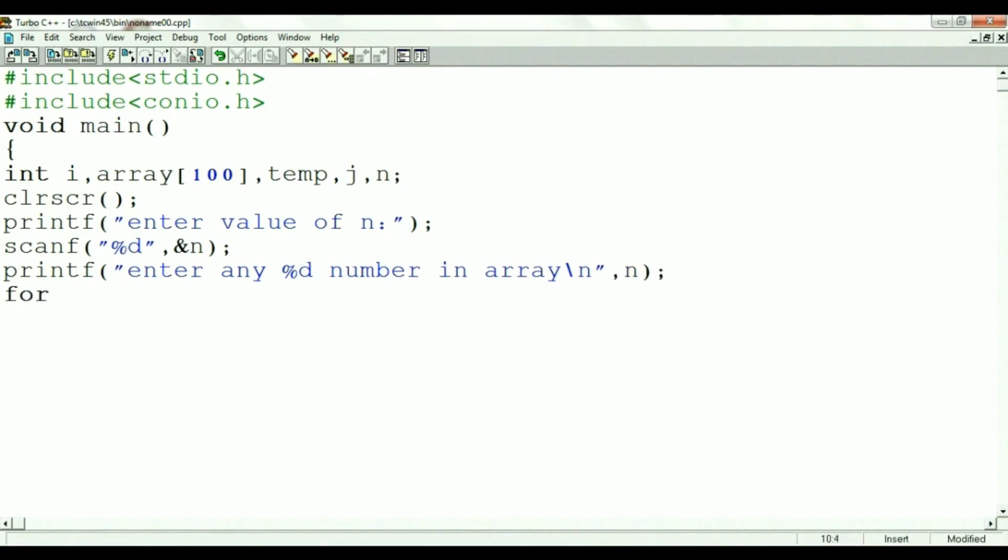Then for loop, for i equal to 0, i less than n, i plus plus. We have used for loop as working with arrays.